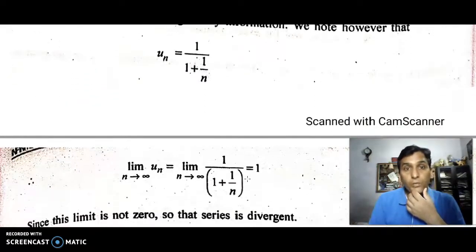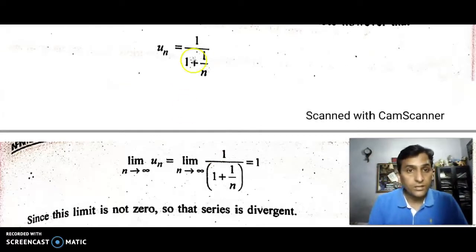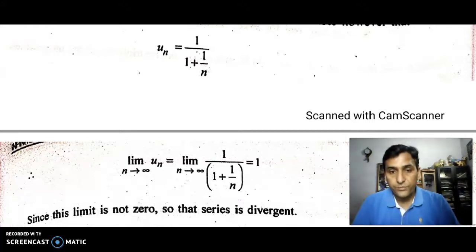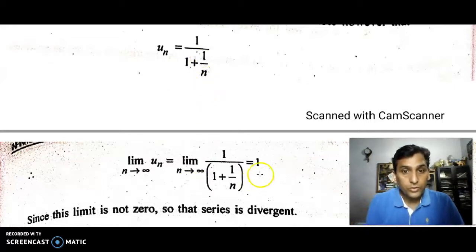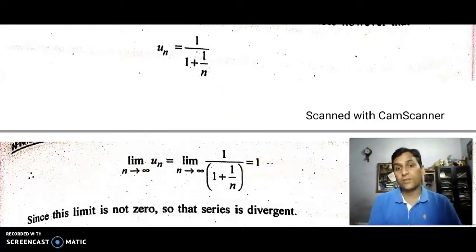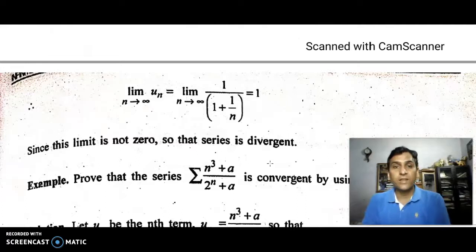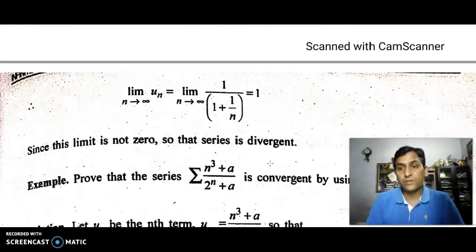Now we take the nth term of un. I take the ratio; as n tends to infinity, the ratio is again 1. We studied in the first lecture of this unit that if our series is convergent, then the nth term goes to 0. Here the nth term is not going to 0. It means that if it were convergent, the nth term should go to 0, but it is not going to 0. So it cannot be convergent. This shows that it is divergent. If it is convergent, the nth term always goes to 0.